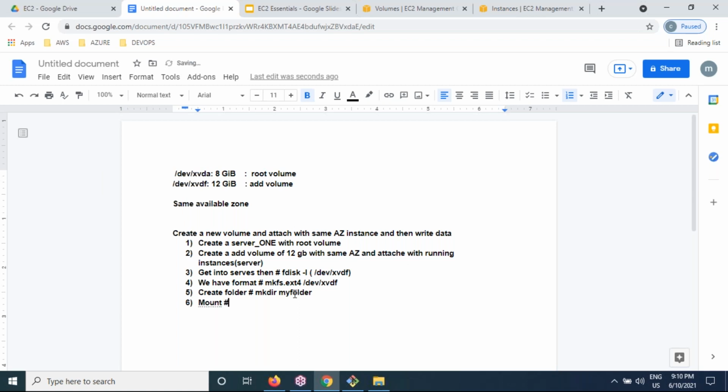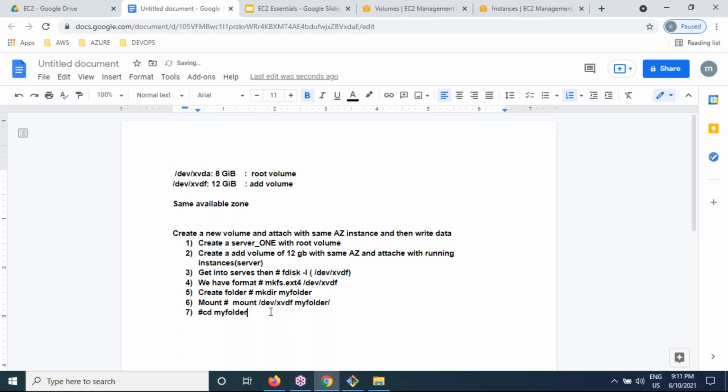So mount, with the device name /dev/xvdf, with your folder name. That's it, so we have successfully mounted. Then we can get into the folder with cd myfolder, in small letters.